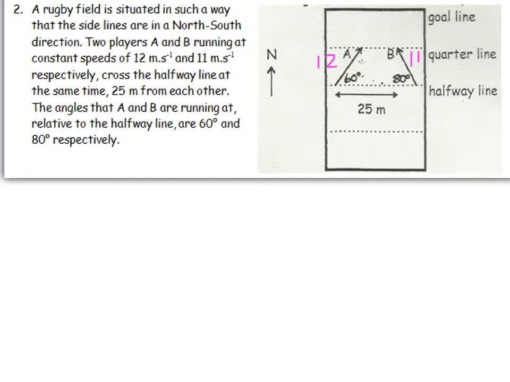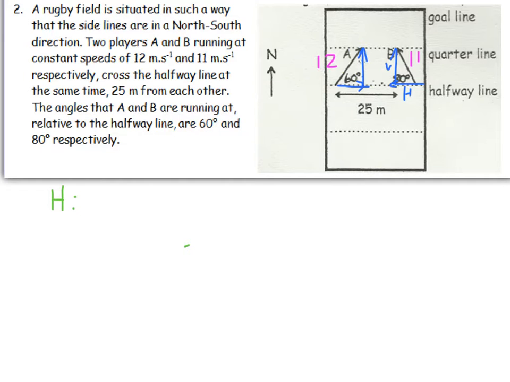First we're going to take a look at the 60 and the 12, and so we need to construct a vertical and a horizontal component. If I'm working in the first triangle, I have an opposite side to the 60, an adjacent side, and the hypotenuse is 12. So let's work out our vertical and our horizontal components. Firstly, horizontal component